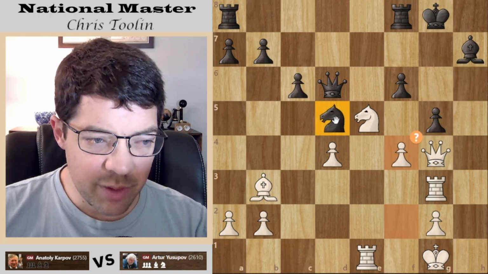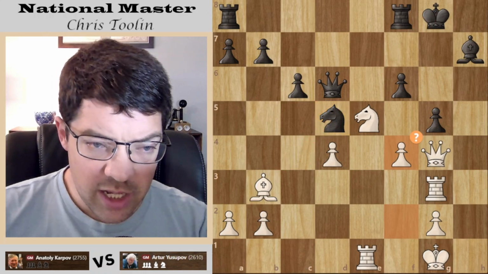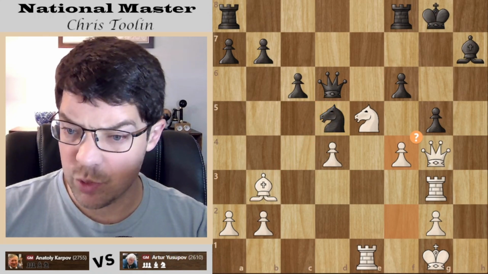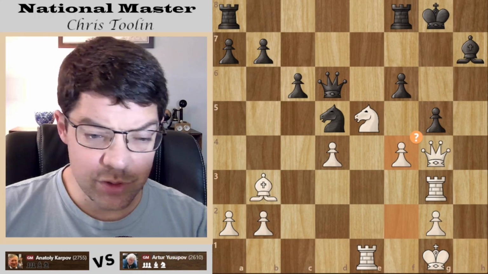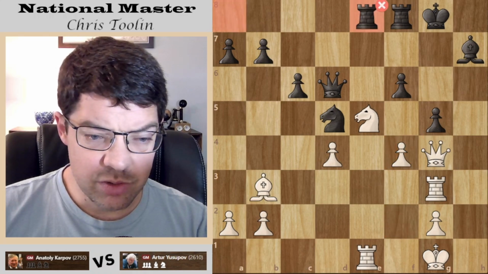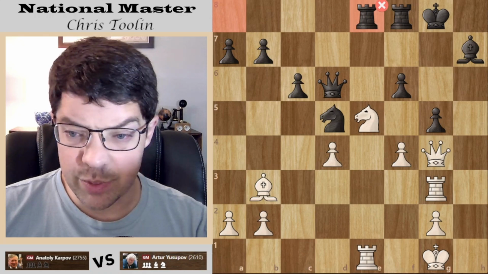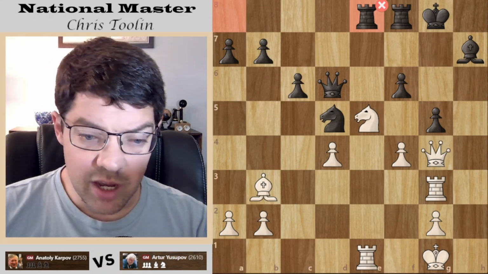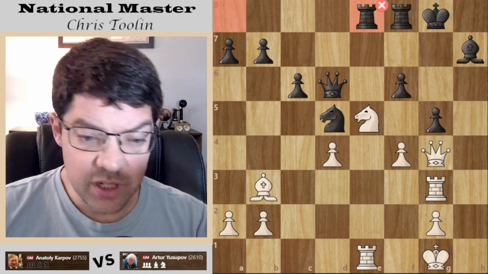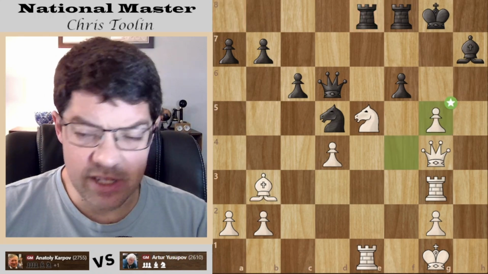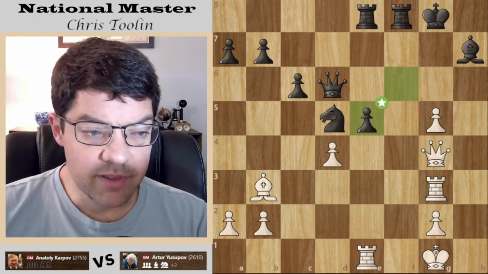f4. Remember, this knight is pinned, folks. Can you imagine the tension at this moment? Winner moves on. Loser goes home. This is really where the legends are made. And probably most of you know one of these players and maybe have heard of the other because of the result of these type of epic matches, the semifinals, the finals of the candidates.